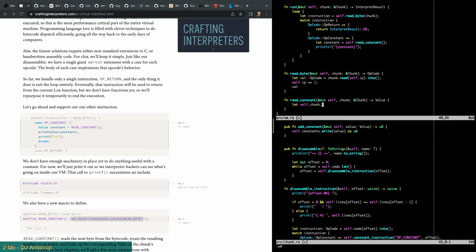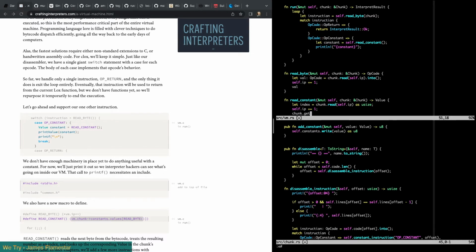Self chunk. No, not self chunk. Index is equal to chunk dot read self dot IP, and that's a U8 as usize. So that's going to give us our index. We'll say self dot IP plus equals 1, and then we're going to say